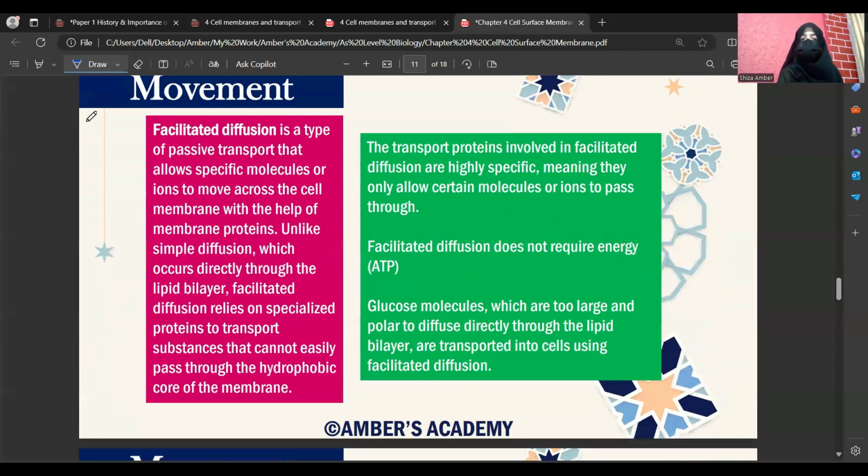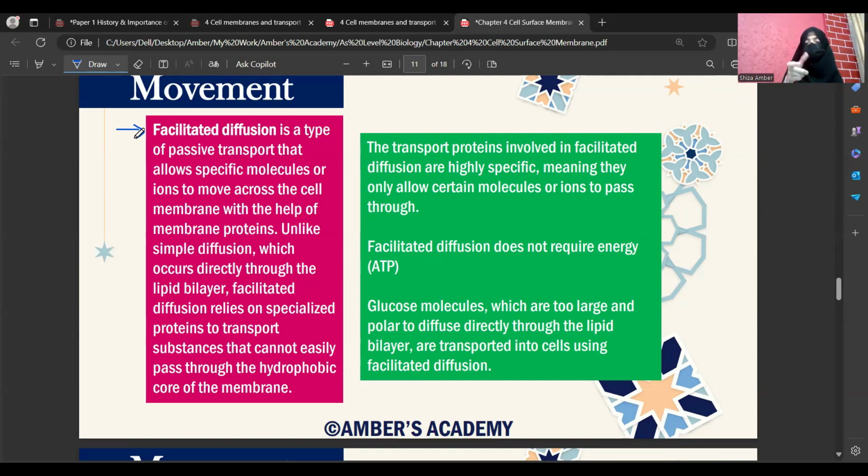Then facilitated diffusion. So facilitated diffusion is a new addition in the movements, and it's new for you as well because A levels ka part hai. This was not the part of your O levels. So facilitated diffusion is a similar type of diffusion. Like it's similar to simple diffusion. It's passive in nature. It does not require energy, but now in facilitated diffusion, we'll have our integral proteins be a part of it. So channel proteins basically are assisting in facilitated diffusion, and they're allowing those ions or molecules which cannot pass through simple diffusion.